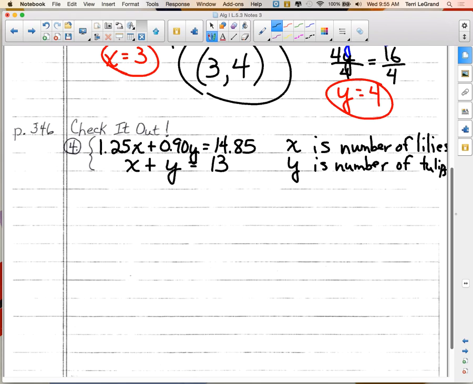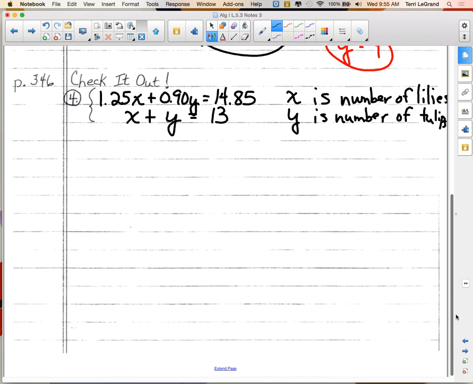Okay, so we could take that second equation, couldn't we, and create either opposite x's or opposite y's. Now I'm also going to make another suggestion, though, that we rename that first one, getting rid of those decimals, before we rename that second one. Because it's so much nicer to work with whole numbers than those decimals. So by moving the decimal points in this one, we really could rename it. Every one would move over 2 places, because you're going to do the same thing to every one. That one could get renamed 125x plus 90y equals